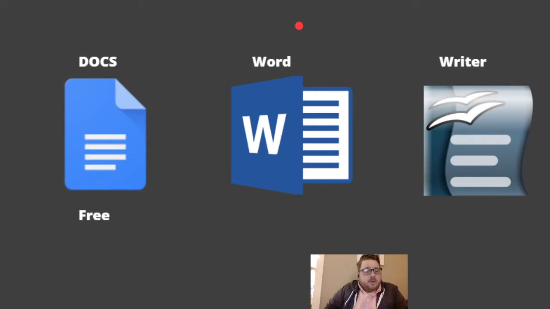Now, Google Docs is free. That's maybe the most important aspect of Google Docs. It is web-based, which means that you can pull it up anywhere on any browser. And it is owned by Google. Now, that is not necessarily a good or bad thing, but whenever it comes up, I do like to point out that Google,